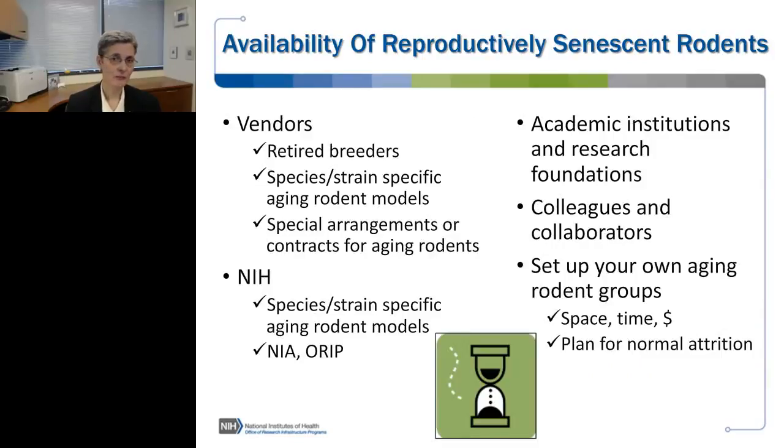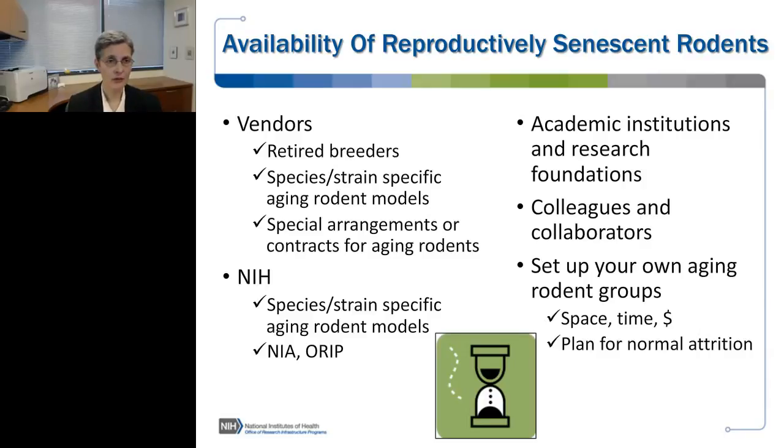Relative to the availability of reproductively senescent rodents, they are available through vendors, typically as retired breeders, or there may be species and strain-specific aging models that are available for purchase. More often than not, these animals are not sitting on the shelf, and if you're seriously interested in using reproductively senescent animals, you might need to make special arrangements or contracts to make sure that you have a regular supply